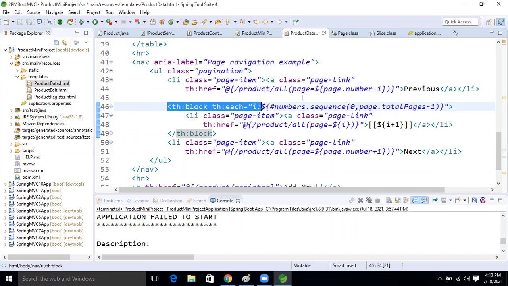Code of the dot, right? I symbol, number, sequence, zero, total. Slash alt, page slash.